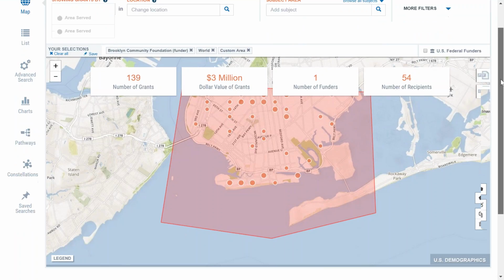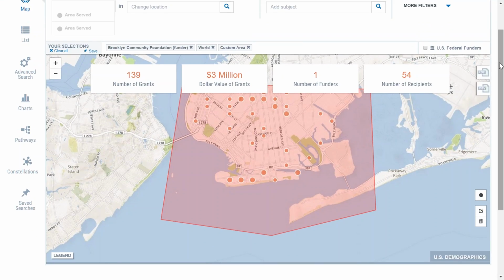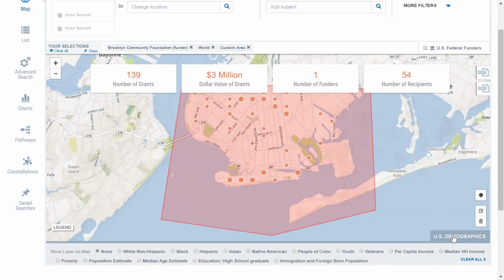But there is, and actually I said there was one more tool earlier. This is the one more tool. There is actually one more here. On the bottom, I want to see how my funding cross-references to demographic information from the census. So you can click this tab here on the bottom. It will open up U.S. demographics,